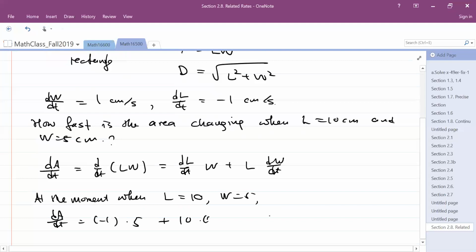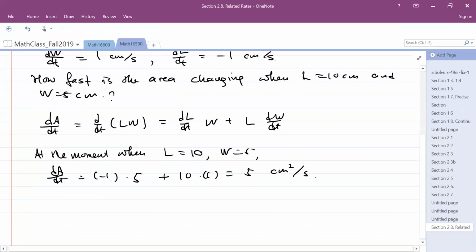So actually, it's 5 square centimeters per second. It's increasing. Okay, based on my computation, it's increasing by 5 square centimeters per second. Okay, how about